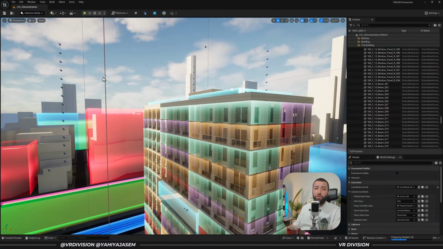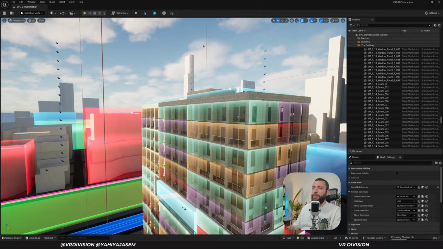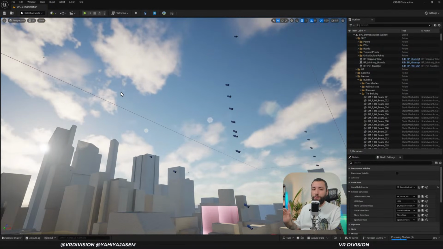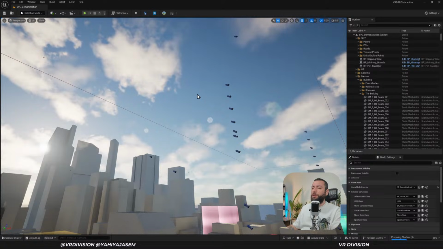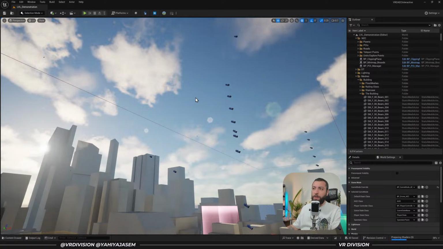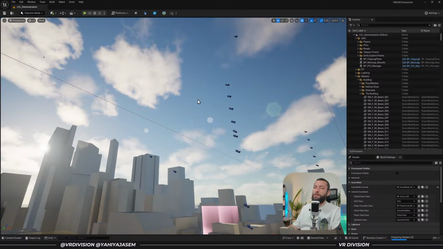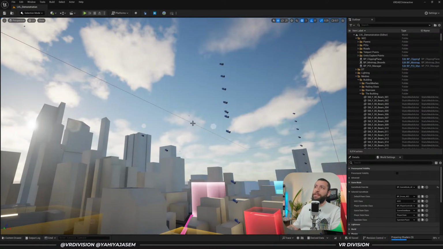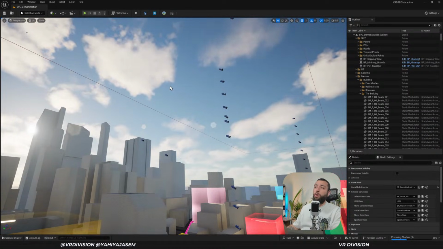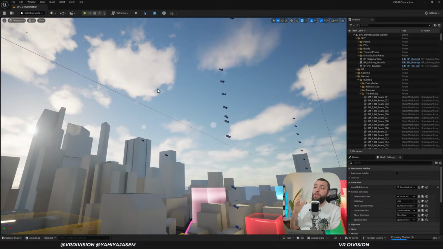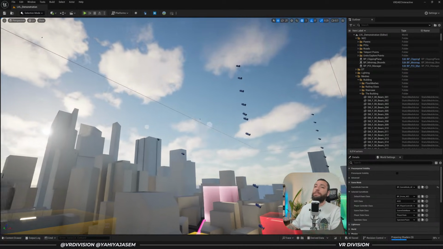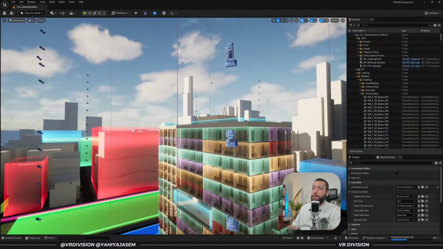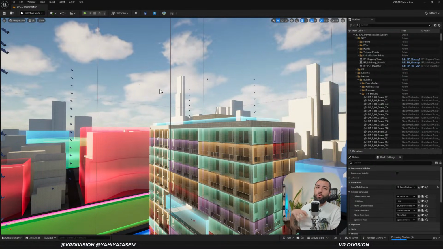A few months ago, I saw a test on LinkedIn from a guy whose work I love, but I forgot the name, who's using Ultra Dynamic Sky and Cesium and some weather APIs. Based on where you are, let's say you are in a city and it's raining, then Ultra Dynamic Sky would start to rain. If it's snowing, you would see snow. If it's a nice and clear day, you would see that, and so on. So if you want to go that route,